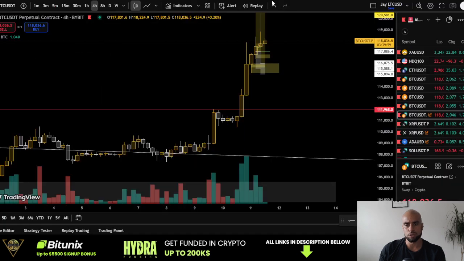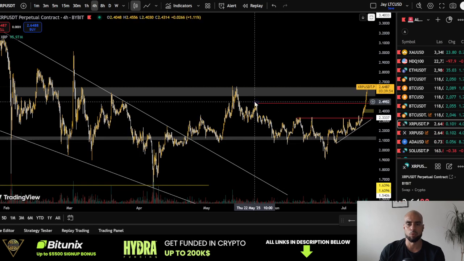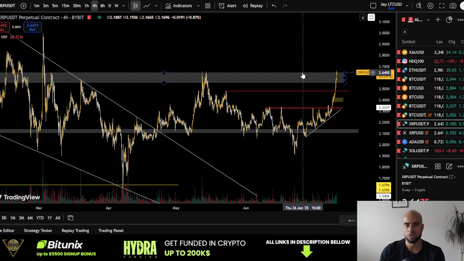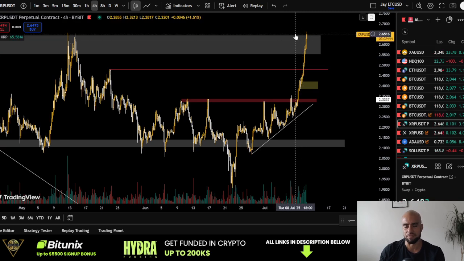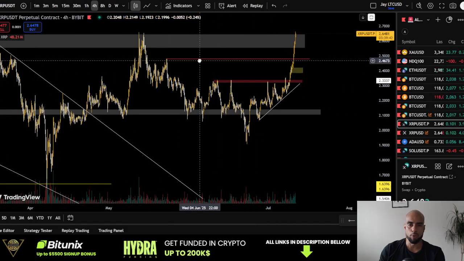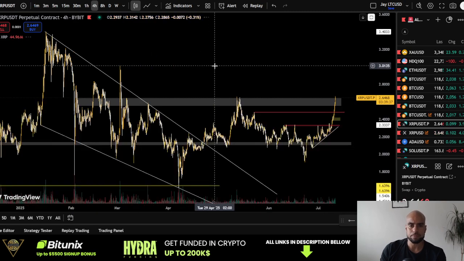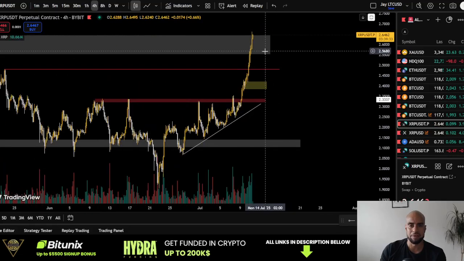Back to the charts. Like I said, XRP, I know a lot of people want to hear about XRP. XRP is right now at the moment breaking through 2.645. That is a major resistance level. Let's say 2.65. Very important resistance level. And once we break through that level,